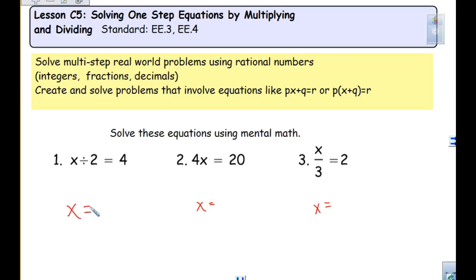So, something divided by 2 that equals 4 should give us, Nick, an answer of? 8. 4 times what gives us 20, Shanley, should give us? 5. What divided by 3 is equal to 2? We should be looking at, Jaden? 6. Okay? Now, we did this just with mental math, just thinking about our numbers and what we know